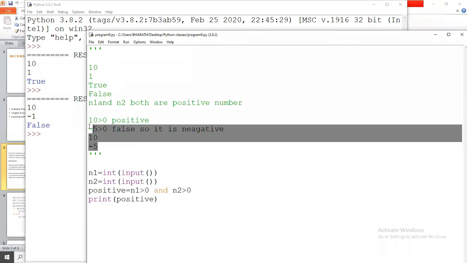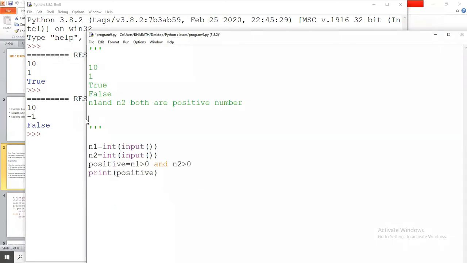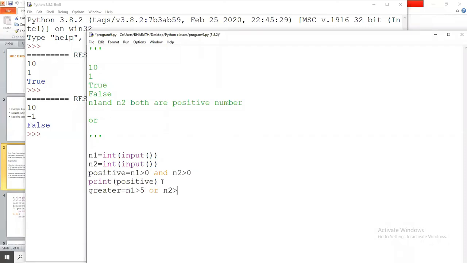So what is the second condition? The second condition is that either one of the numbers is greater than 5. So we are going to use our logical operator. So how are we taking it? greater is a variable equal to n1 greater than 5 or n2 greater than 5. Okay,